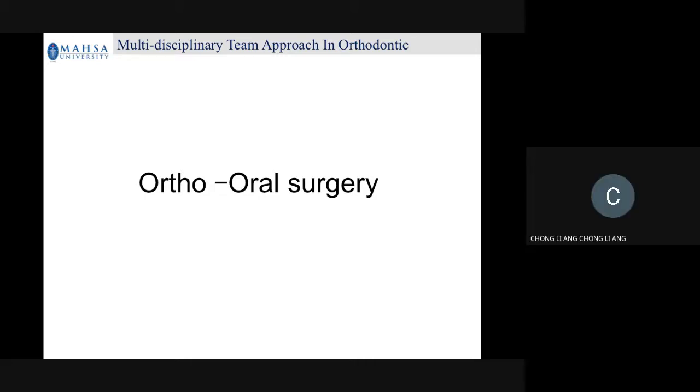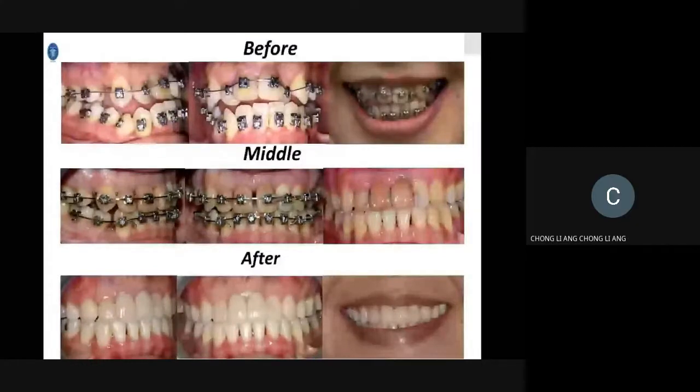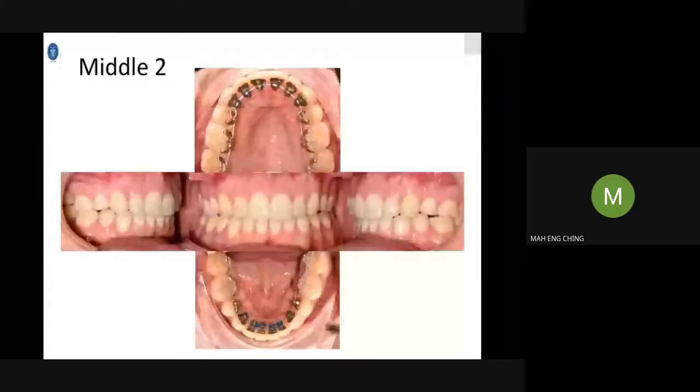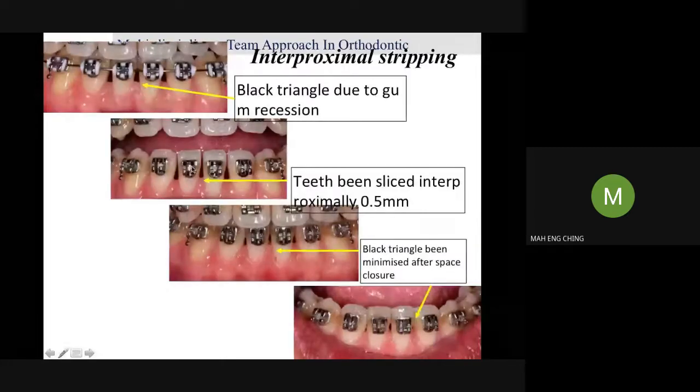And for the black triangle, actually I don't quite understand that too. Black triangle closure, how do we do it? Okay. This one. You see the black triangle, why did it happen? Because of the gum recession. You see the shape is like a big triangle. In between these teeth, the embrasure is filled up by the gum. So when the gum disappears, then you see the black triangle. Especially for braces patients, whom you cannot clean very well in between the teeth,